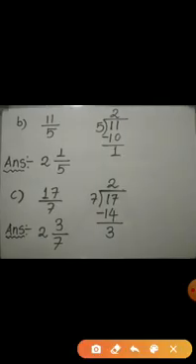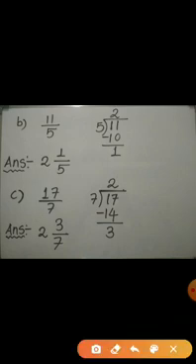Now coming to the second, improper fraction is given 11 by 5. Again, to express this improper fraction as a mixed fraction, let us divide 11 by 5. 5 2s are 10. 11 minus 10 is equal to 1. Here 2 is the quotient, which we consider as a whole number in mixed fraction. 1 is the remainder, which we consider as a new numerator, and denominator we keep as it is. Hence the mixed fraction is 2 and 1 by 5.